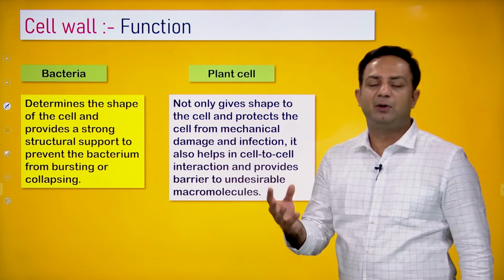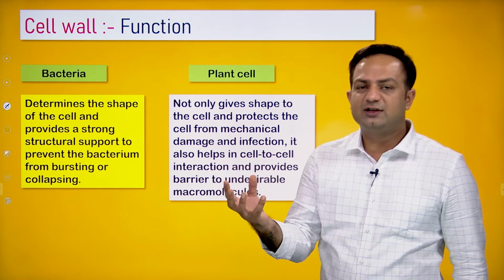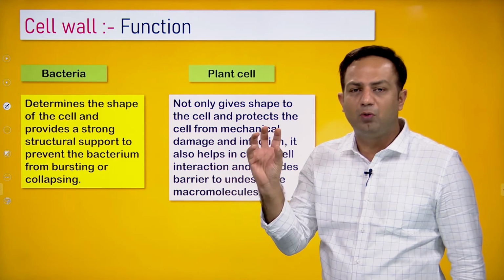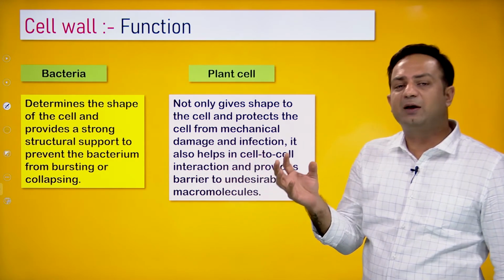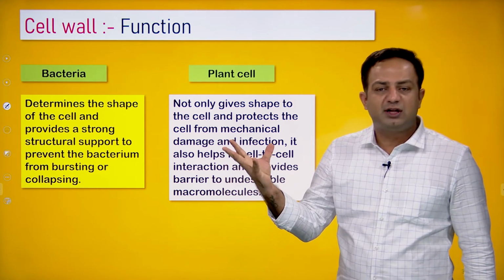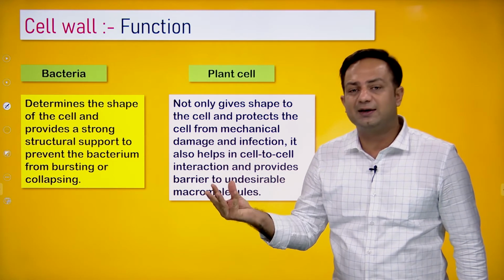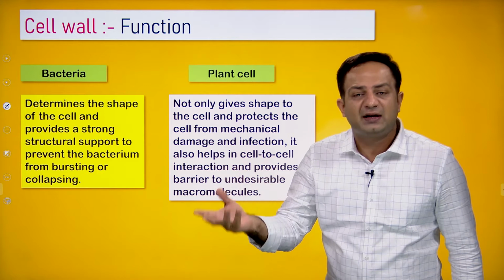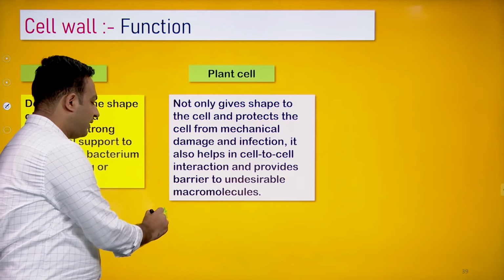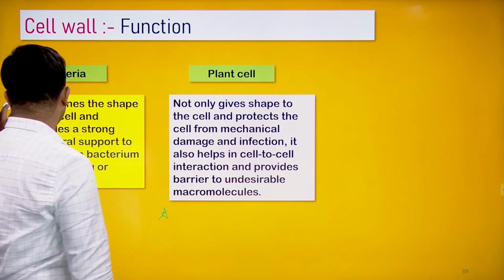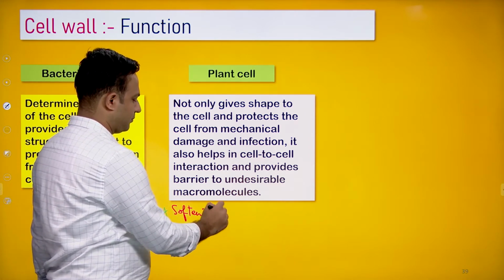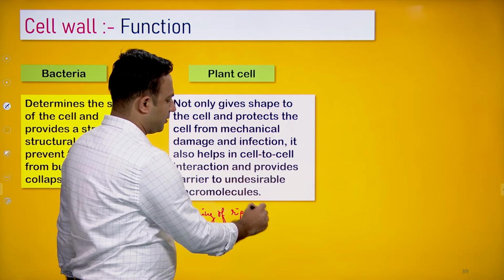I'll give you an example. When a fruit is ripening, say a tomato, green in color right now, it will be tight and stiff. But as it becomes red, and after a few days of this redness, we observe it becoming soft. That softness of the fruit is actually because of loss of calcium pectate from the middle lamella. Clear? You need to remember this very carefully: the softening of ripened fruits